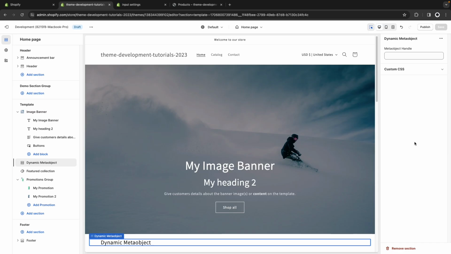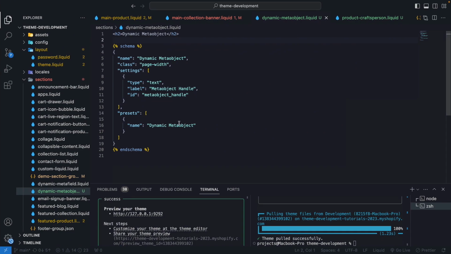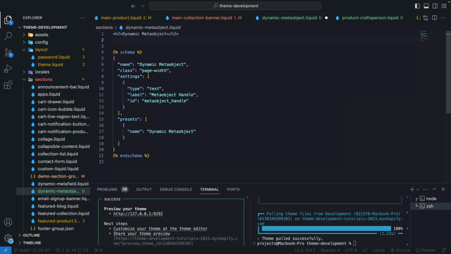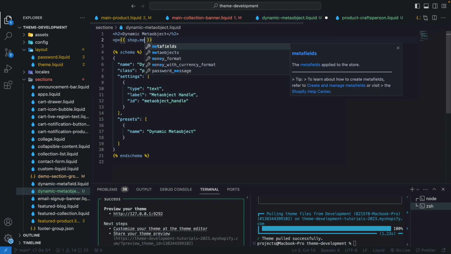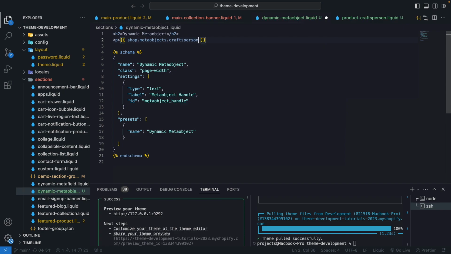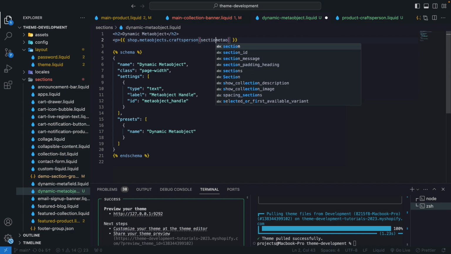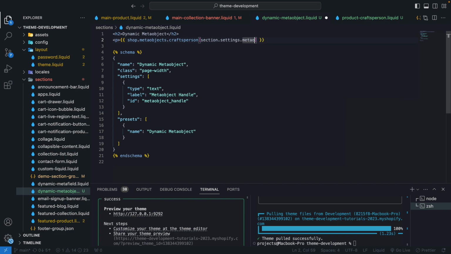Here I have created this dynamic Metaobject section, which just has a single input for the Metaobject handle. The section looks like this, just this basic schema, and here an h2 with dynamic Metaobject. But now let's see how we can access the Metaobject specified in this setting by doing shop.metaobjects.craftsperson, which is the type of the Metaobject we've been using throughout this video. And here I'm going to say section.settings.metaobject_handle. From this I'm going to access .name,